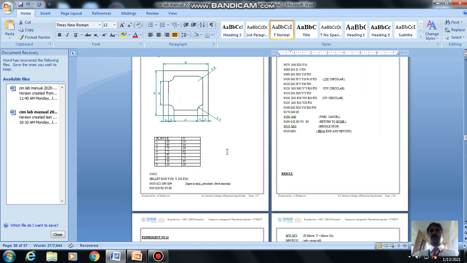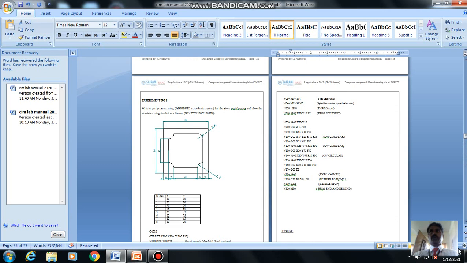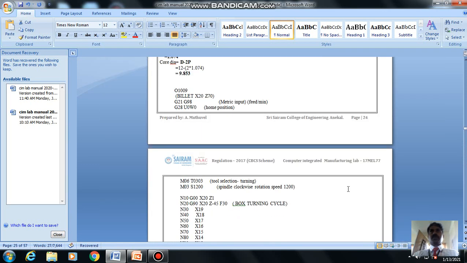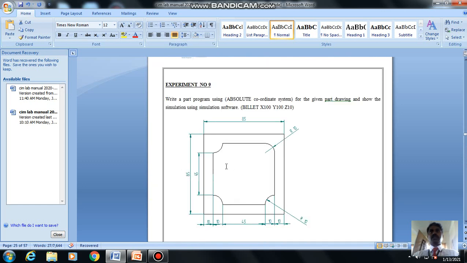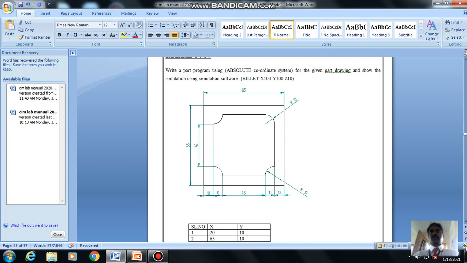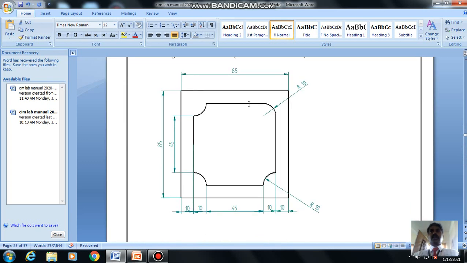So here, how are we going to do the program, let me see. First of all, we have to draw this sketch and find the coordinate points. This is the sketch given, and we have to write the program for this. We are given 85 length and 85 height, that is X and Y, given as 85 and 85, and we are going to make the contour like this. Here a radius of 10 mm is the circle contour, that is clockwise. The tool can move counterclockwise or clockwise, whatever it is.